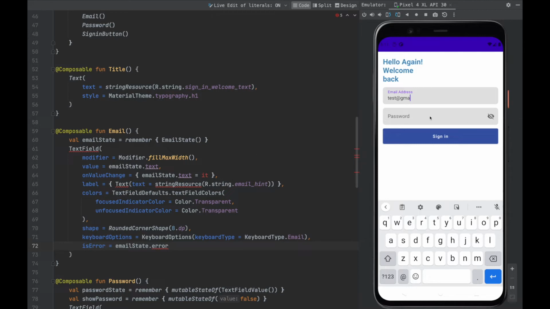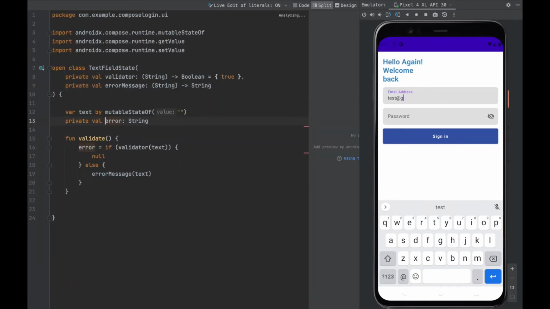But we want this variable to update whenever the error state changes. Like, let's say I had test at like this, and then I changed it and now it's valid. I want this error to be automatically updated so that the underlying error indicator is no longer displayed. What this tells me is that I need it to be an observable thing, similar to the text. And so what this would mean here is that I need to make this a mutable state of. So that will be by, and it needs to be a var at this point because we want to update it. And so mutable state of,